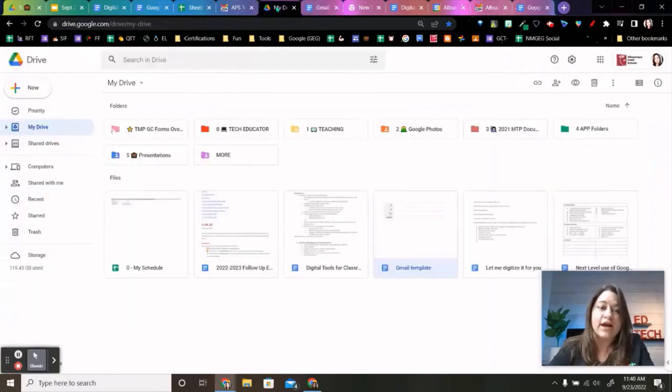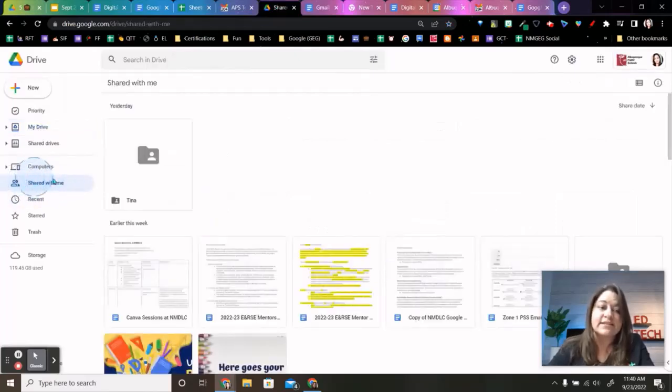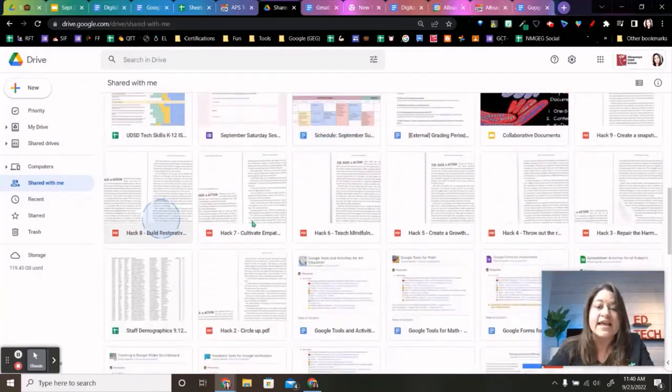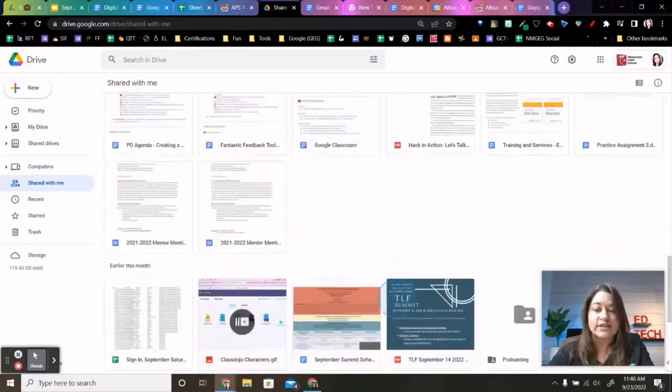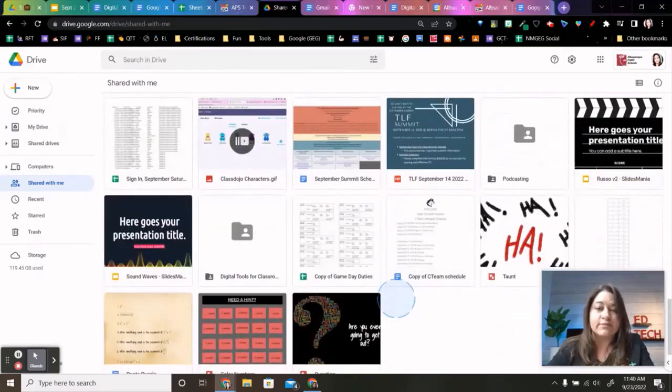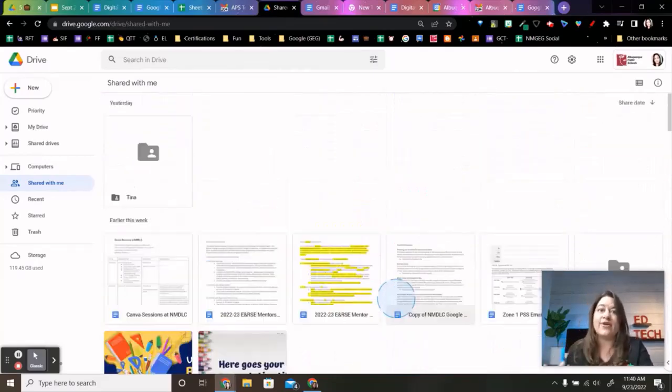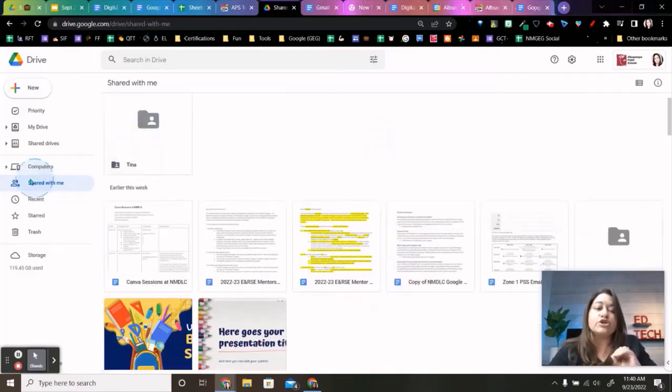I want to go here to Drive and show you that whenever you have something shared with you, it ends up going into a space that's called Shared with Me. Now within Shared with Me, this can get kind of overwhelming because you can't really organize this space. Anything that has been shared at any point is going to live within this Shared with Me drive. One of the issues that can get overwhelming is if staff will end up sharing a lot of items to brand new teachers, they may not exactly know where any of this lives or how to find it once it's been shared. So here is one thing you can do: go to the Shared with Me within Drive,